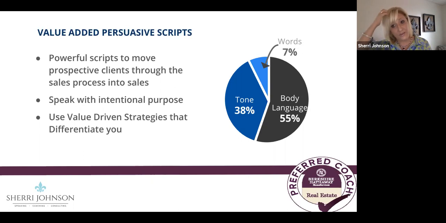So let's look at this. 55% is body language. 38% is tone of voice, which means how you speak, how energetic you are, how positive you are. If you say, oh, David, I have an offer. You're going to kill me. It's really low and you're going to kill me. As the introduction call, when I make the call to tell David I have an offer, that is Debbie Downer